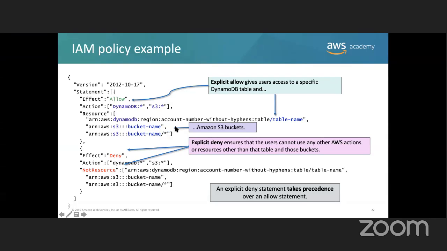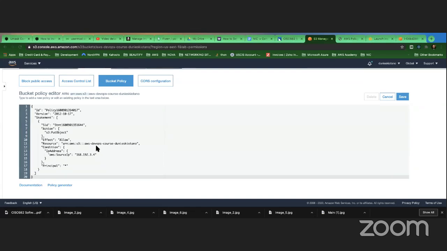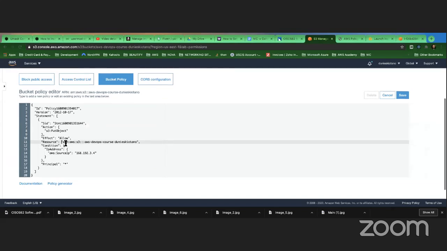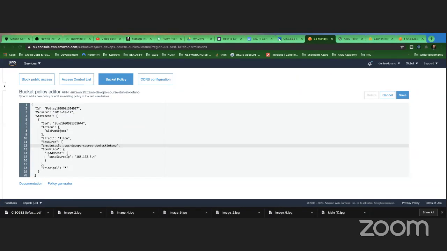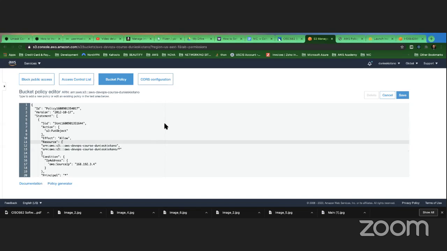This is the policy that we created before. I have a copy here, so I can have this here, and then I can have this here, and I can put another one here.